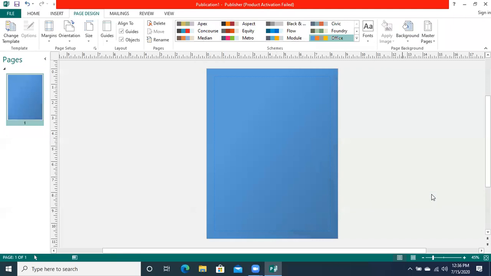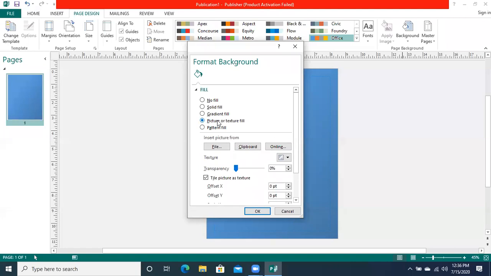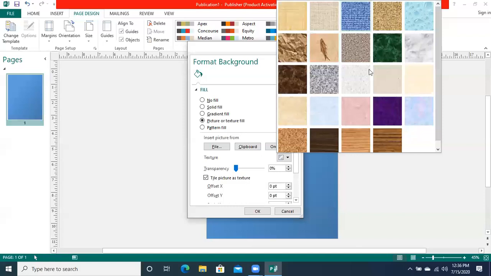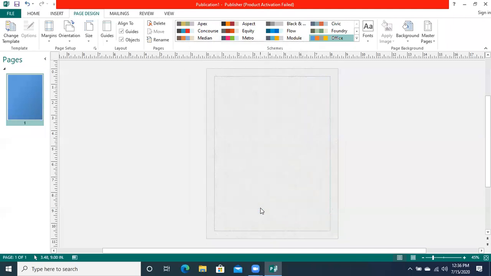If you go to the background colors, you will see that you can set a picture or texture as a background. Picture and texture can also be set as a background. What is there in the texture? What is meant by the texture? Texture means that you can choose some texture design. These are the textures. You can choose any texture design which is given to you, and you can set it as a background, just like I selected one texture design and I have set it. This is a light color texture design.